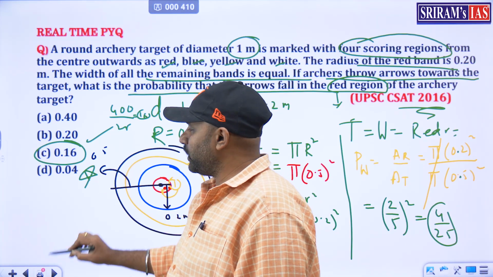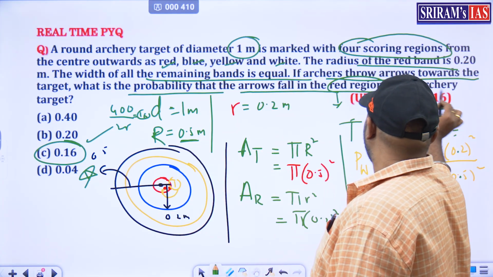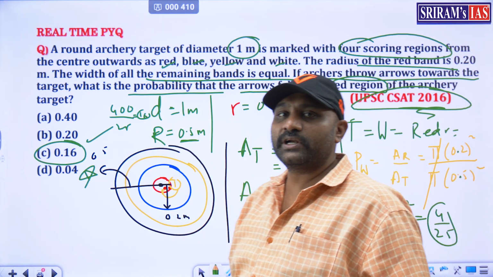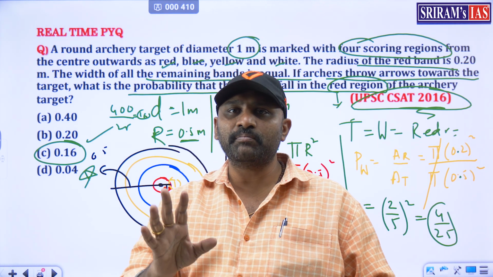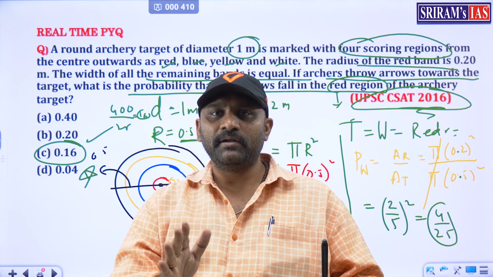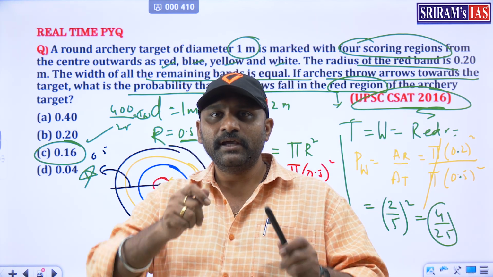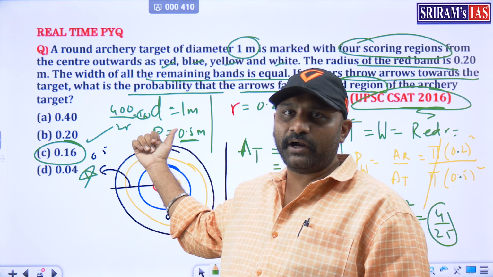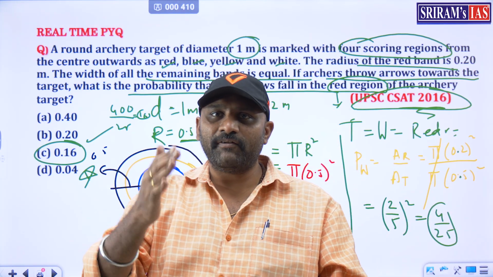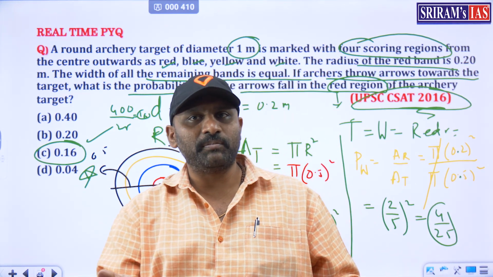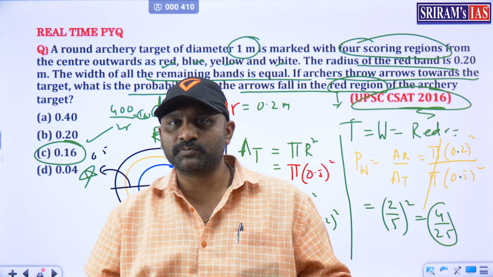So this is another probability question which was asked in 2016. Remember, questions like this are just based on the sample set and basic experiment. Here the target is only one, which is getting to the red. Possibilities are red, white, blue, black, all are there, but what we need is only the red part. So we directly take areas and we can solve this problem.